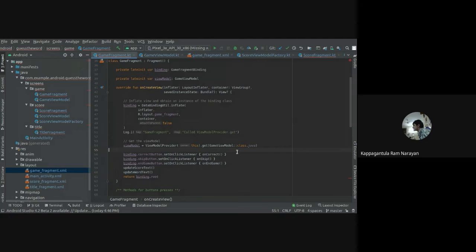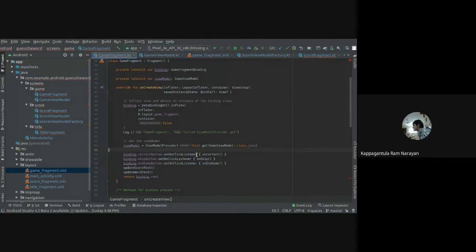What you're doing here is you're dynamically calling view model, so that each and every time your fragment is created, your view model is assigned. Now if you take this declaration and throw it over here, it's only going to get created once. And once you change the configuration, since the fragment gets destroyed, you won't be able to see the stored values. That's why you will have to call it dynamically over here. And the way to do that is to use a view model provider.